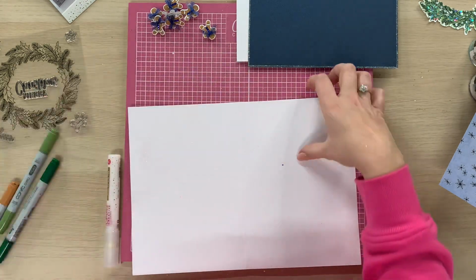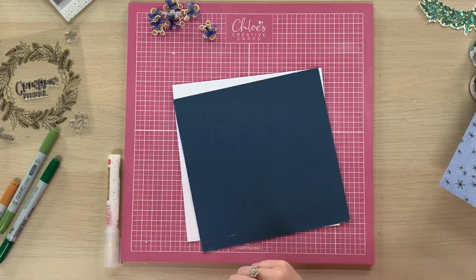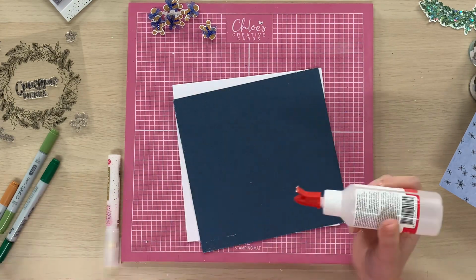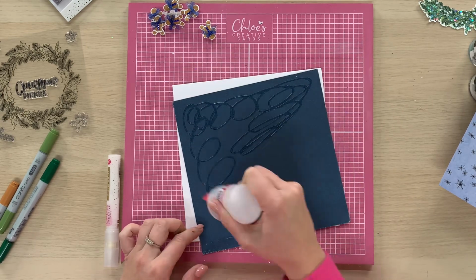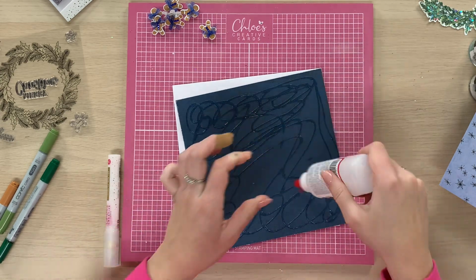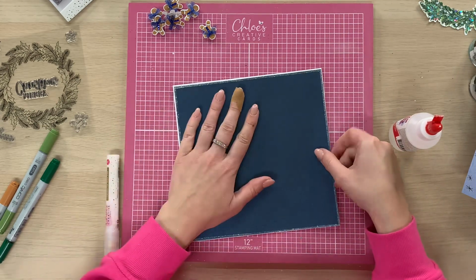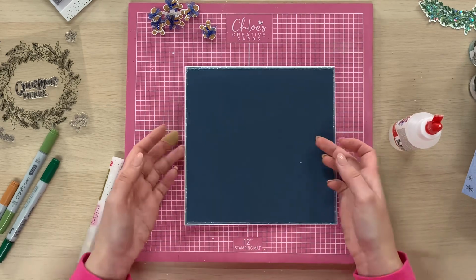Okay, and then we're going to stick that onto our base card. So I'm going to use a little bit of the Kalal all-purpose glue to stick this down. Of course, you can use tape or whatever you prefer. I just like to use this particular glue for my mats and layers, as I'm not known for getting things stuck on straight. So this certainly helps me. So I'm going to pop that down first, like so, and pop that into position. Okay,